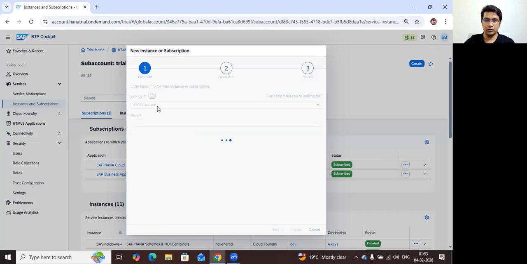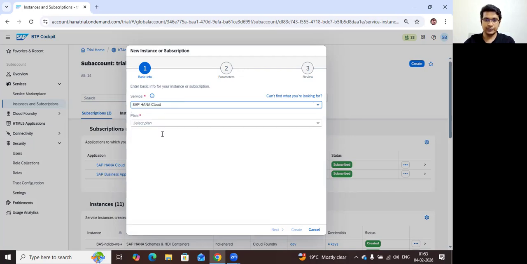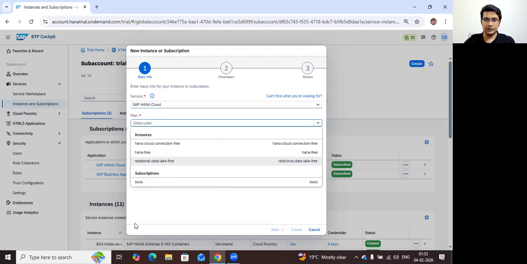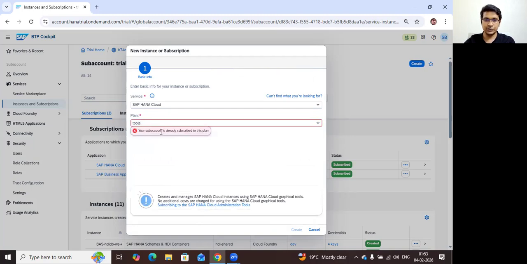Now from the services, just start searching for HANA, and then you'll find a HANA Cloud. You can select HANA Cloud, and then you can select the plan. The plan will be tools as part of the subscription. You select tools. It says your sub account is already subscribed to this plan because I've already added it. In your case, this error will not appear, and then you can press create, and that will create your